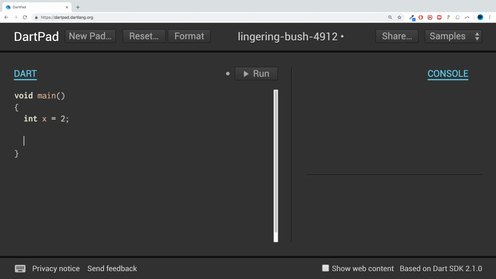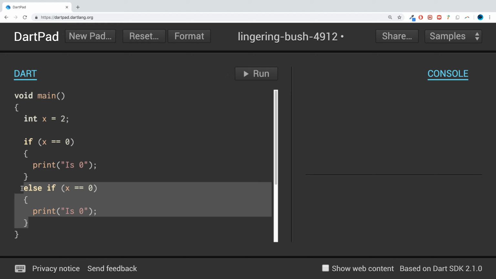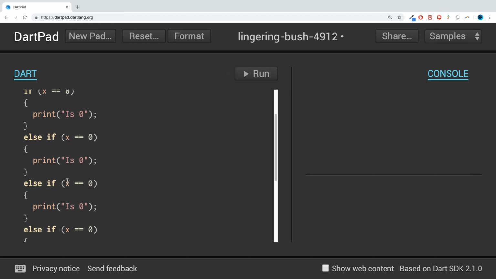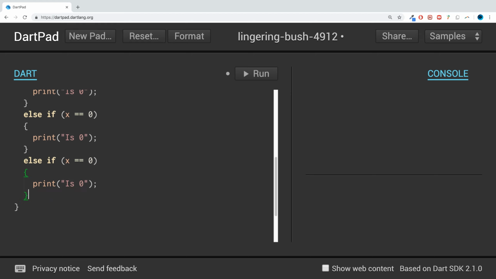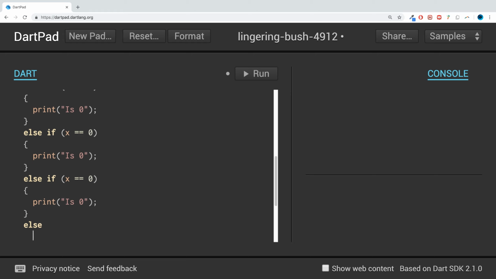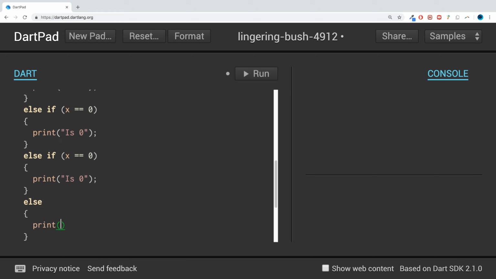2, and if I want to quickly check some statements, say if x equals 0, we'll run some bit of code. Let's just say is 0, and then maybe we want to check it all the way up to 5 with else if. That would be 0, 1, 2, 3, 4, 5, and then we'll have a default else. We'll print out